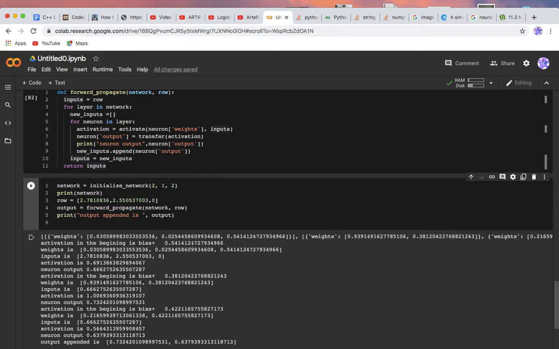Activation is 0.54. This one, activation in the beginning, that is bias actually. And this bias plus input, so these both will be taken as input. That's why this is length minus 1. So it was 3, length was 3 of weights, so it will be length minus 1, that will be 2. So this into this, weights into input, this into this, and this into this, it will be multiplied and added to this bias, right? And then we have this activation, and we'll transfer that to get neuron output.